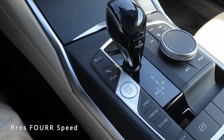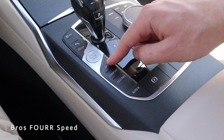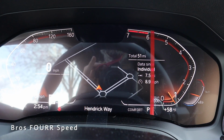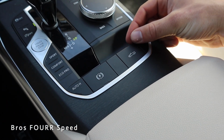This has the cylinder deactivation, which you can activate here, along with starting up and shutting off the vehicle. And then we have the different driving modes. So there's Sport, Sport Individual, we have Comfort, along with Eco Pro and Eco Pro Individual. You'll see auto hold just behind that, along with the electronic parking brake, and then the control for the soft